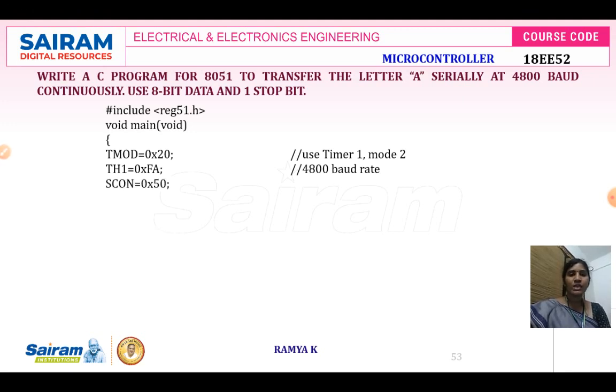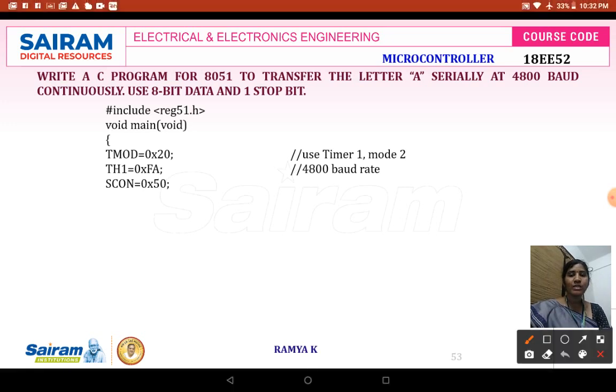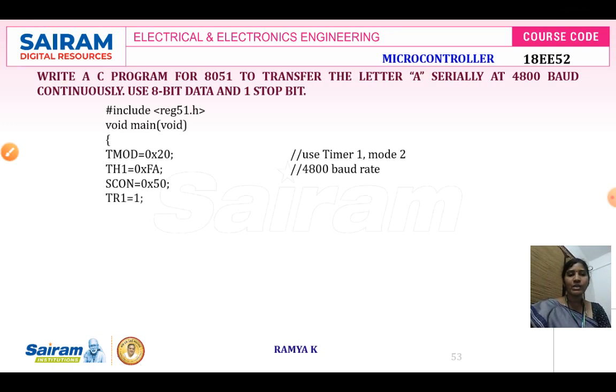Next, SCON is equal to 0x50. It represents the serial control register. Serial control register value 50 means that you are going to operate in mode 1. Mode 1 is an 8-bit UART with a variable baud rate, so you can transmit the data at a variable baud rate. According to that, you have to set this SCON register. When you put 50H in the SCON bit pattern, you get 0x50 for the various operations described. Once the data is loaded, so TMOD is loaded, TH is also loaded, then SCON is also loaded.